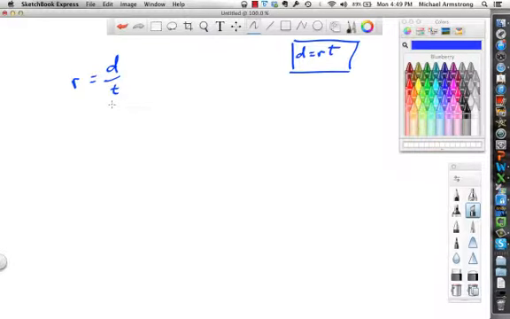And they say a great white shark swims 90 feet in 2.5 seconds. What is its speed? So the distance is 90 feet. So we're going to write 90 feet in 2.5 seconds equals our rate. So we can write the formula like this, and then we go ahead and we use